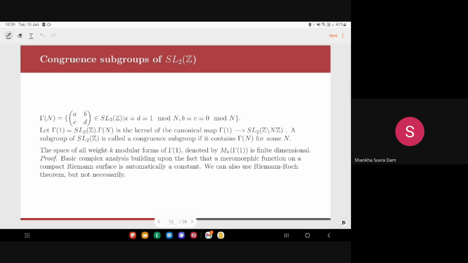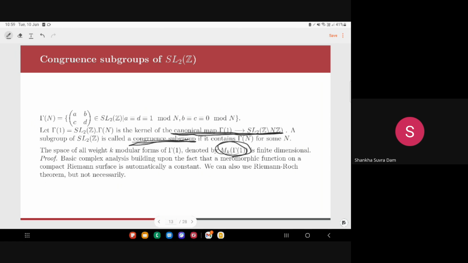So Gamma n, as I was saying, is the set of elements of SL2Z such that A and D are 1 mod n and B and C are 0 mod n. And that's practically the kernel of this canonical map. Gamma 1 is taken to be SL2Z. A subgroup of SL2Z is called a congruence subgroup if it contains Gamma n for some n. The space of all weight k modular forms of Gamma 1 is denoted by Mk(Gamma 1), and this is